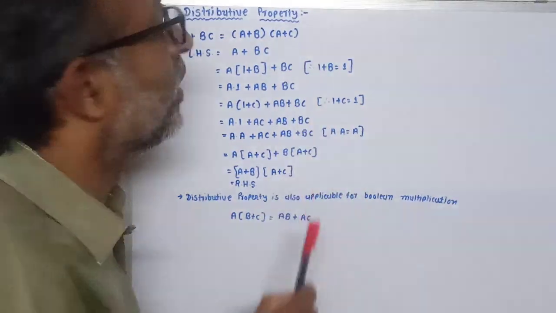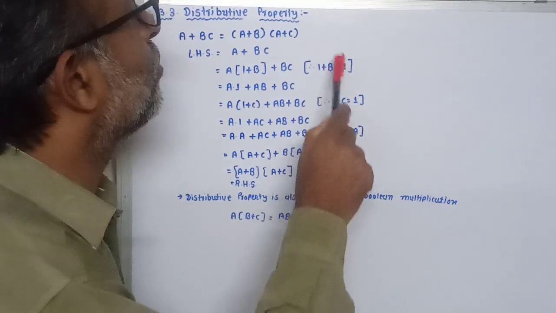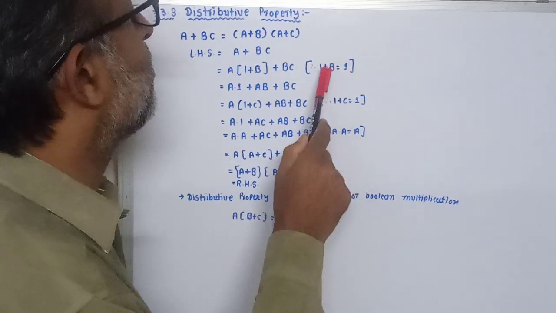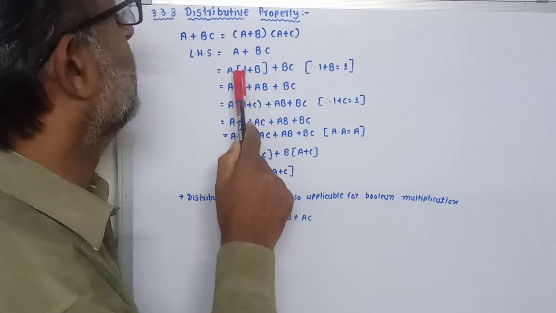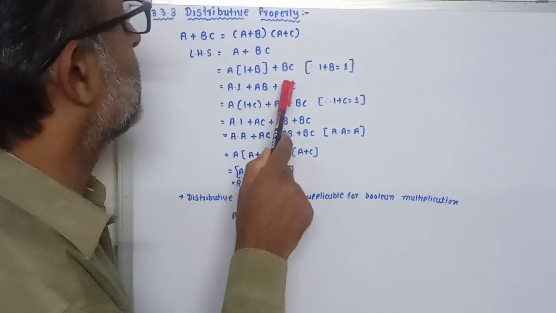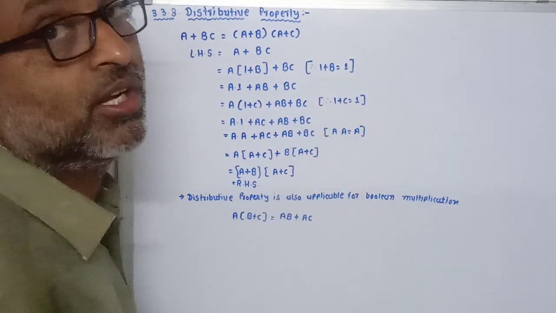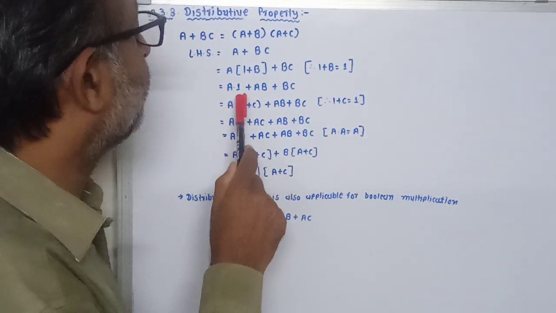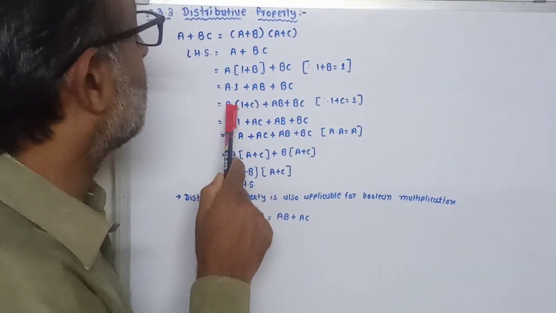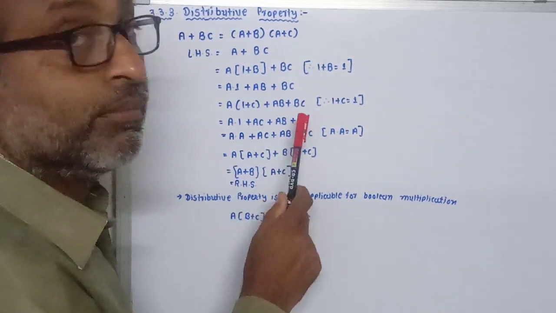If we keep b is equal to 1, the output will be 1. So there is no change. That means this is independent of the value of b. So here we can write this 1 is replaced by 1 plus b, plus bc. Now multiply this a into (1 plus b), plus bc. Now again we can write this 1 is replaced by 1 plus c. So here we can put a in the bracket, 1 plus c, plus ab plus bc. Now multiply this a to this 1: a into 1, ac plus ab plus bc.